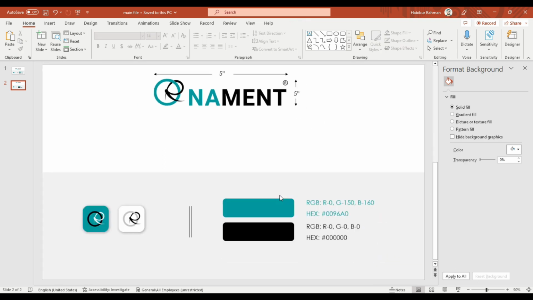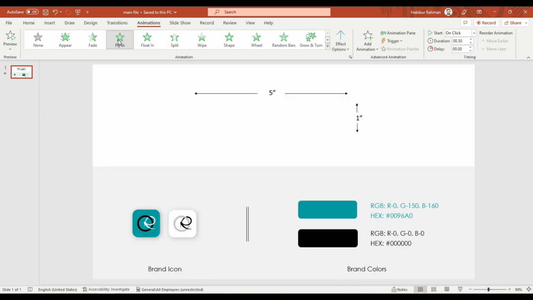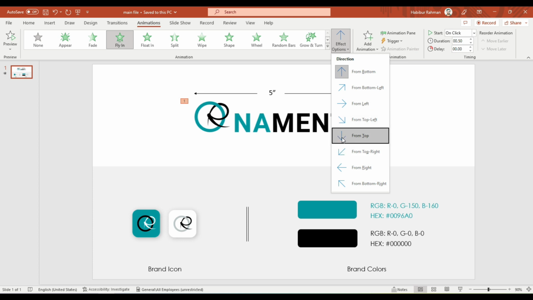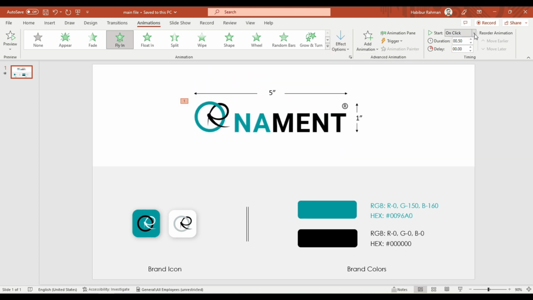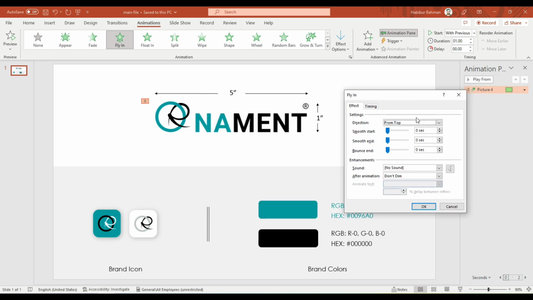Okay, complete. Now we can add our animation. To add animation, select the particular shape and go to Animations, choose Fly In, change the direction from top, and start with previous, duration around 1. Click here, Animation Pane, then click this arrow icon, go to Effect Options, increase the bounce end,